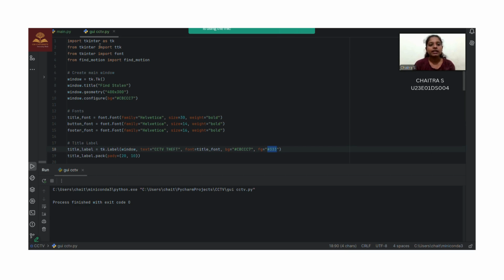So, import tkinter as tk. It is a library used with tk as a prefix. From tkinter import ttk, it is a module to provide better buttons. From tkinter import font, it is a font module that customizes the fonts. From find motion import find motion. It imports the find motion function from the custom file